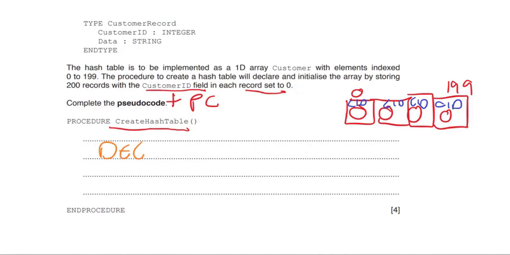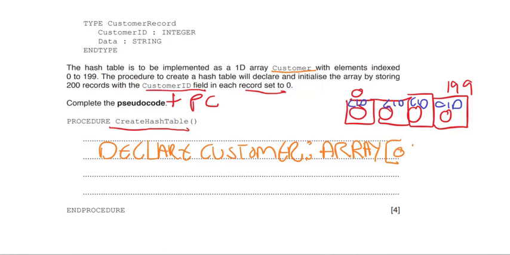So declare customer, because it's called customer. It's going to be an array, and the range is going to be 0, 199, and then we need to put the data type, in this case of customer